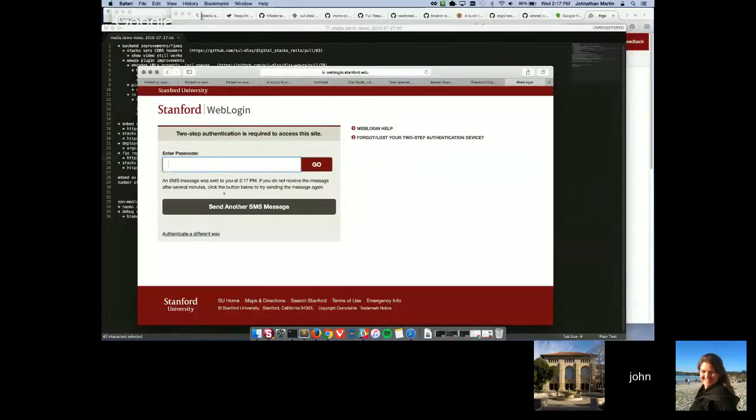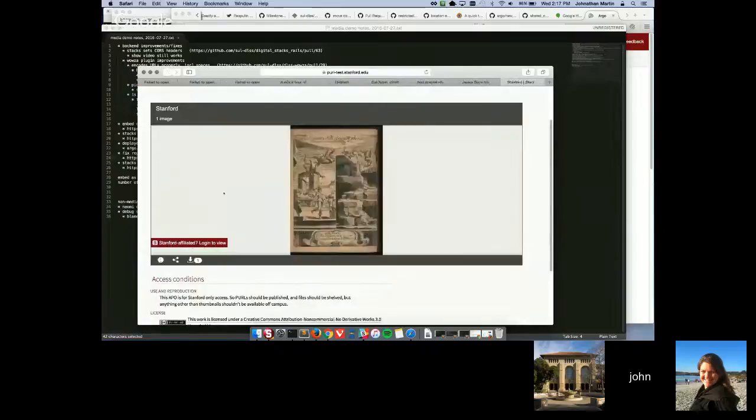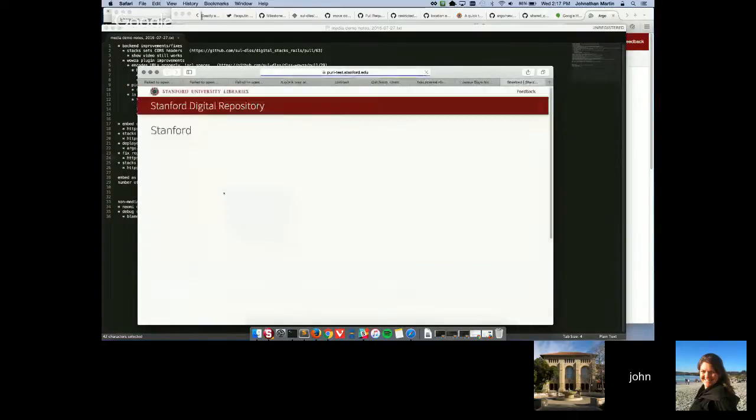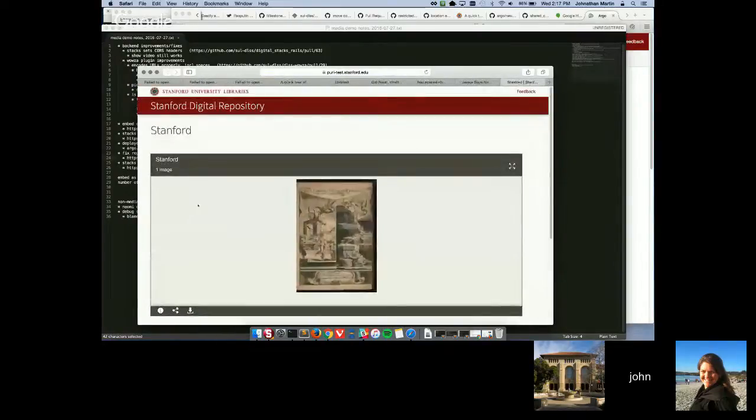And then the link should disappear. And reload. And now the link is gone, and I can zoom and whatnot.